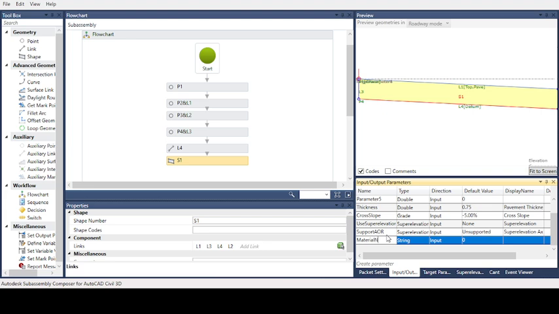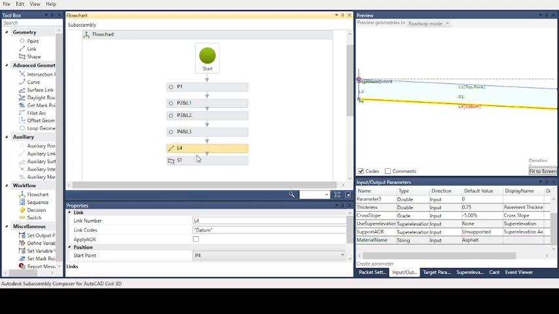The default value will be asphalt, for example, and we write down this material name.